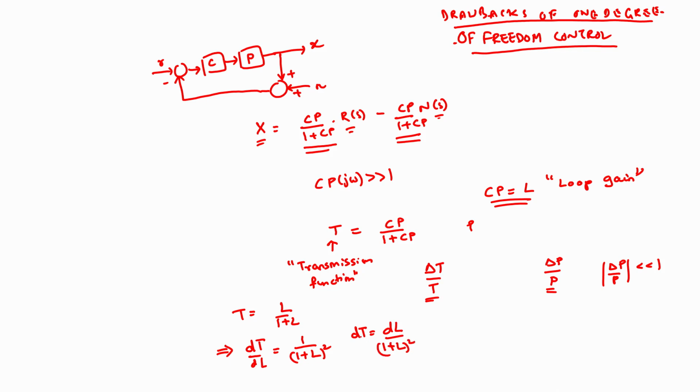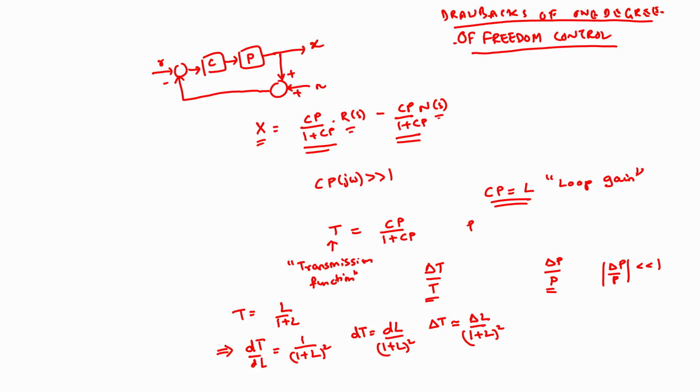Now we can replace dT with delta T for small changes in the transmission function T, and write that delta T is approximately equal to delta L by 1 plus L the whole square for corresponding small changes in the